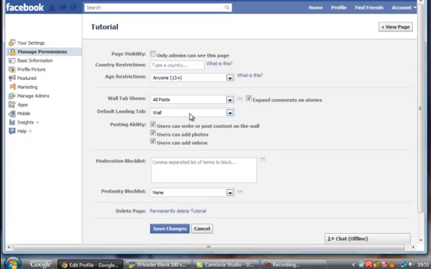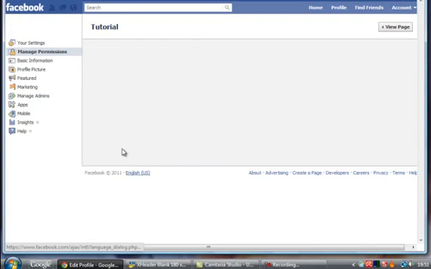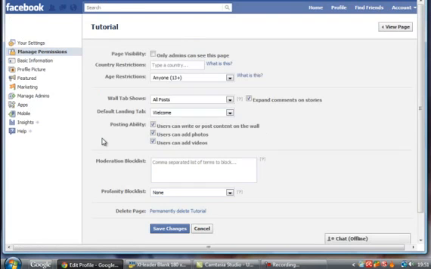It will always go straight to the wall like it does on your normal Facebook account, but you want them to go straight to the fan page you just created. So if you remember, it's called the welcome tab. So you come down here, click on the welcome and save the changes. That way when they come to your fan page, instead of going straight to the wall, which may not have anything on it, it will go straight to the welcome page you just created. Now it's called welcome by default, so if you wanted to change that name, click over here on apps,